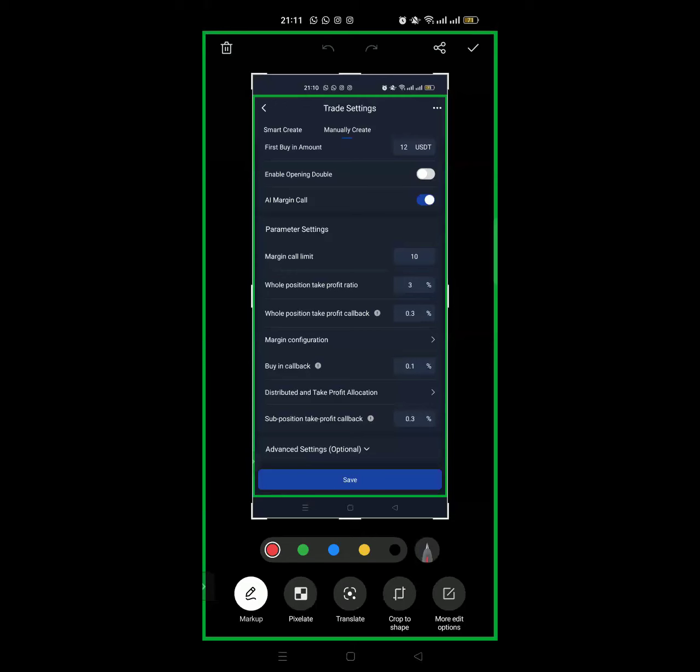That's when your callback function comes in. That's why you hear a lot of people say, I set my first call at 2%. This coin has dropped 2%. My robot has not bought. It's your callback function. I set my take profit at 5%. I can see 5%, but the robot has refused to sell it. It is your callback function. Because if you check, it will tell you that the robot has triggered, waiting for sell, or it has triggered, waiting for buy, waiting for margin buy. So yeah, that's the explanation of the 3 callback functions, which are hold position take profit callback,